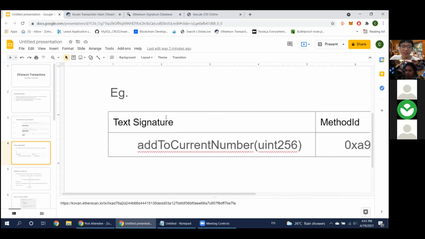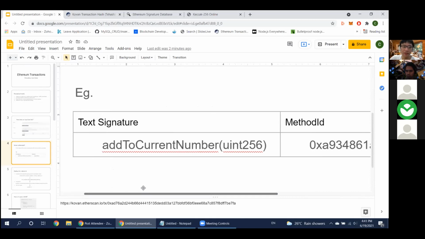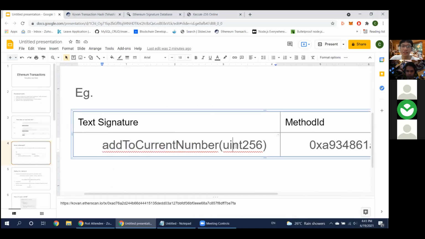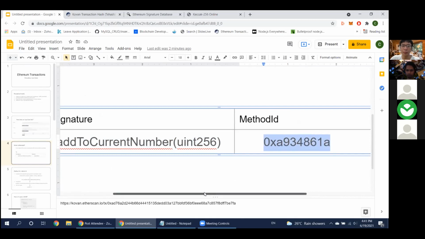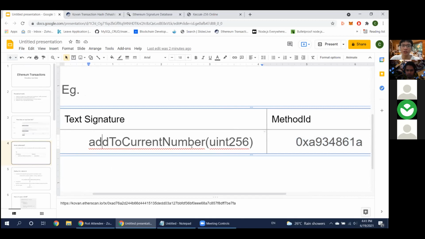So let's take an example. This is sort of like a text signature. It looks like the method that we are going to call, right? This is the name of the method, and this is the type of the parameter that we are passing in to call this method. The method ID is simply the hex, the partial hash of this thing, and it will give us this. So basically, this hash over here means that it's add to current number. This is a function name with